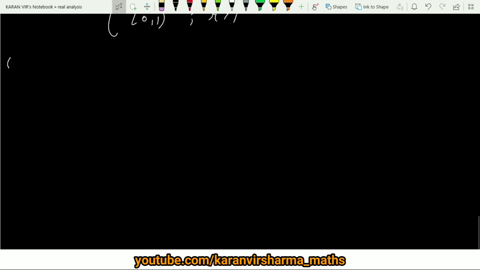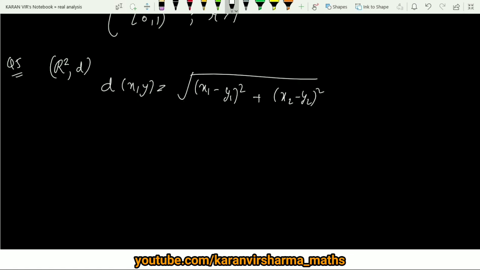Now the fifth example in this video lecture is, we are given a metric space R cross R, that is R square, with the metric d, and the metric defined here is the distance between the 2 points in a plane. If we are talking about the open spheres which are centered about the origin, the question here is what will be the open sphere with center (0, 0) and let the radius be 1. This is given in the question, so we are asked to calculate this.